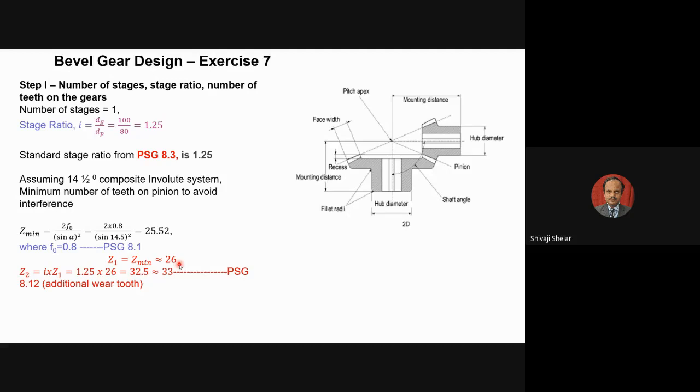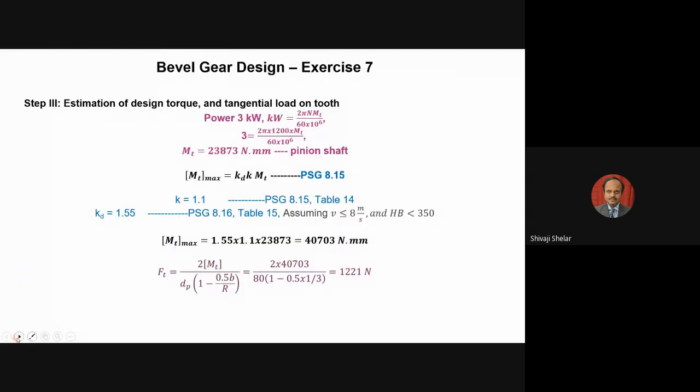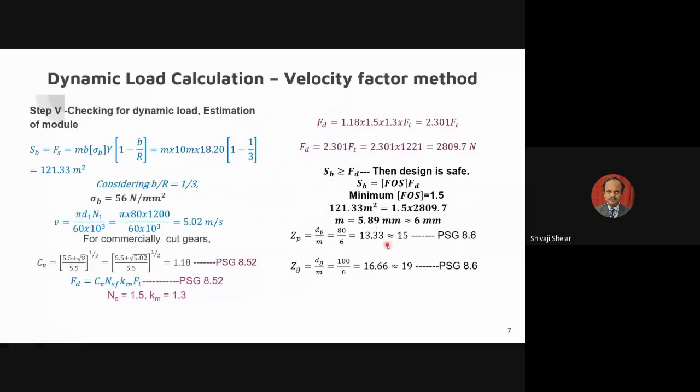So what is done? We are decreasing the number of teeth, so that for the same diameter, we can increase the tooth thickness, so that it becomes stronger in beam. So we have decreased this value from 26 to 15, and this will be now the final dimension. So 15 and 19. So if you go to the problem statement,